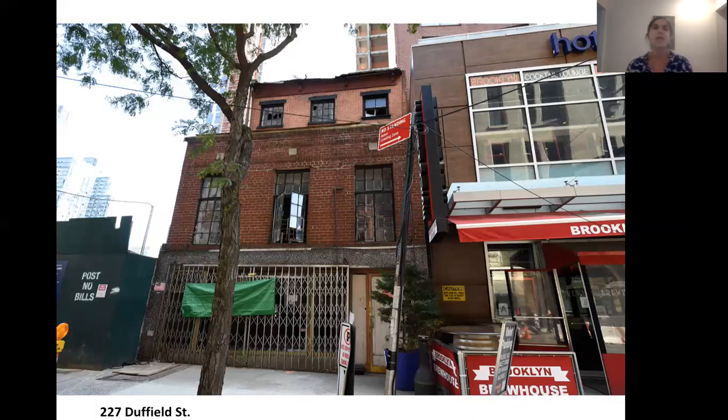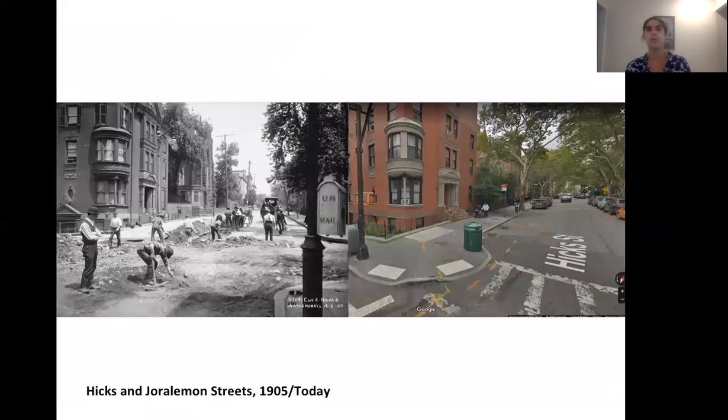But whether or not the buildings remain intact, and we're so lucky that in Brooklyn Heights they have, there is cultural significance even to these incredible brownstones that we see in Brooklyn Heights that give us an evocation of old New York from even antebellum America, even before the Civil War. We're seeing this incredible streetscape, but even if we weren't, what I hope this tour will show us is that